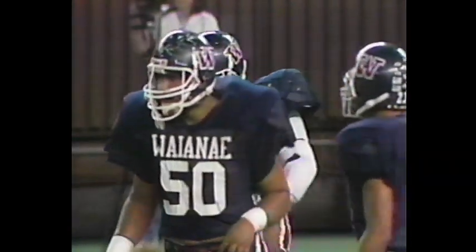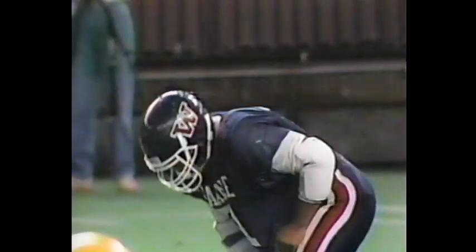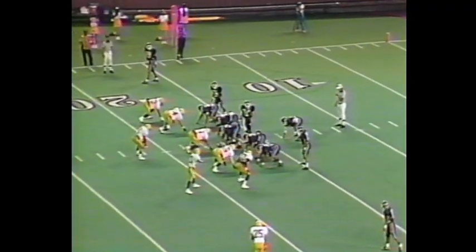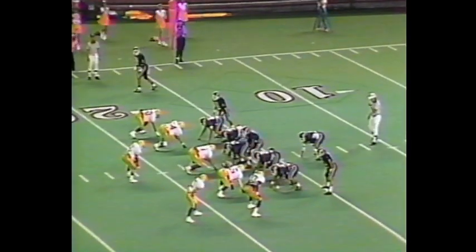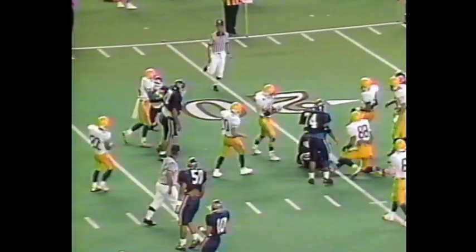David Kane is a 5'9", 205-pound junior. Really good balance. Very good runner. 6:43 first quarter, still no score. Waianae with the ball on their own 18, 2nd and 5. The handoff again given up the middle, and once again David Kane powering his way